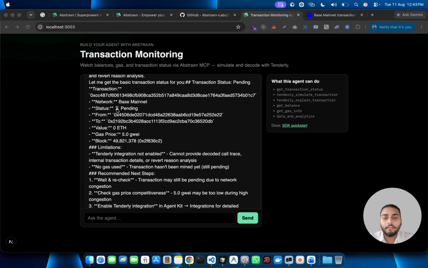So we built a transaction monitoring agent using the Abstraxn Agent Kit. We fetched balance and gas information, simulated transactions before broadcasting them, and explained failed transactions using real blockchain data, just like every example in this series. We simply change the available tools to build a completely new agent. You can also try other examples. You can also build a more advanced transaction monitoring agent. So yeah, I hope this gives you a better understanding of how to build a transaction monitoring agent using the